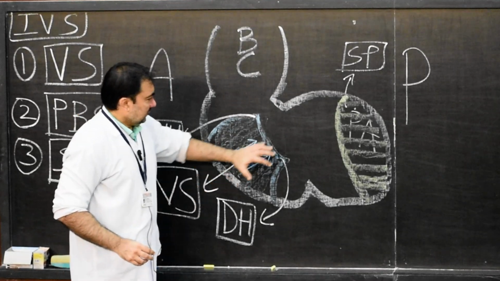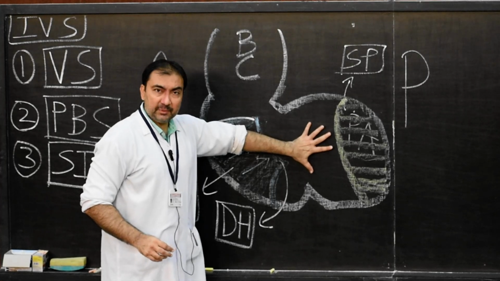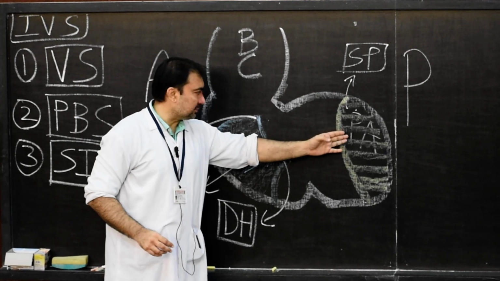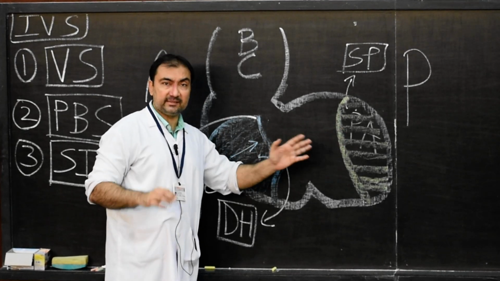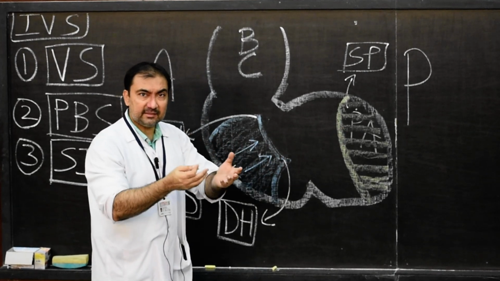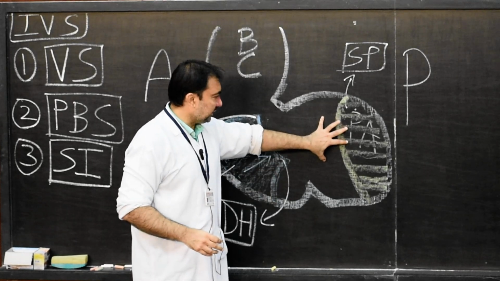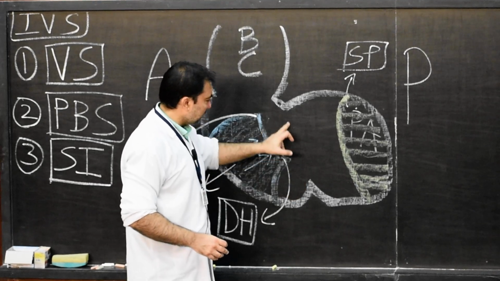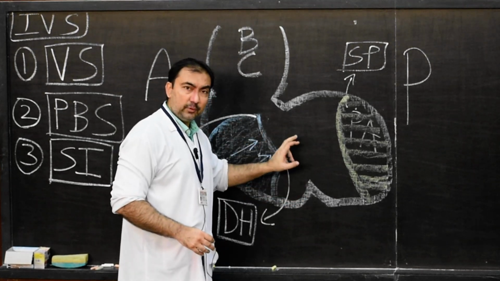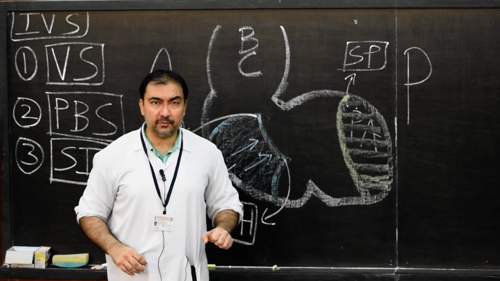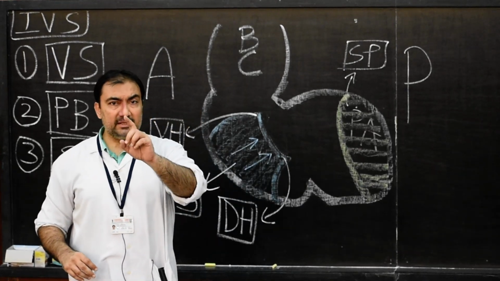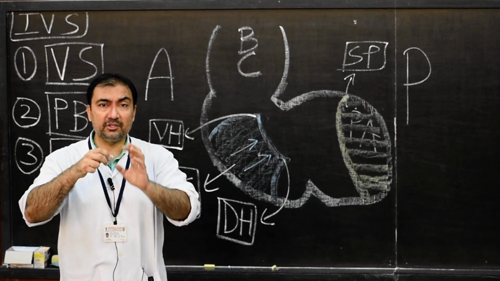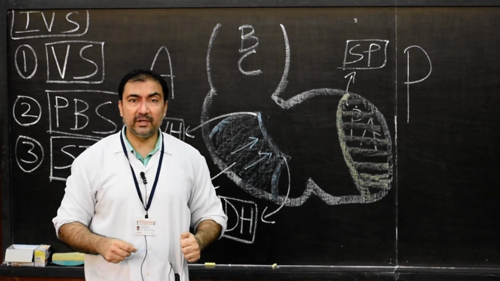Now, here, this is the primitive atrium, and here its development is taking place in the form of septum primum, then septum secundum, etc. That is simultaneously taking place in the development of interatrial septum. What is important is this canal, atrioventricular canal, common canal. Now here there will be development of septum intermedium, and as I told you, there are two walls, ventral and dorsal cushions of the atrioventricular canal.